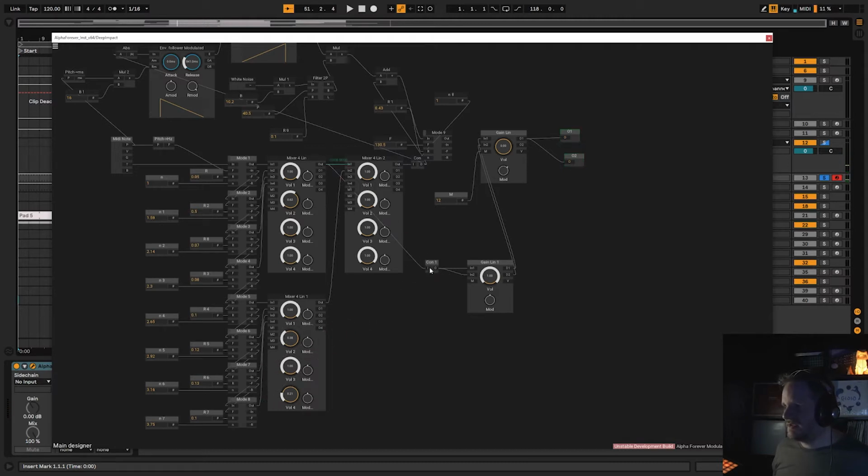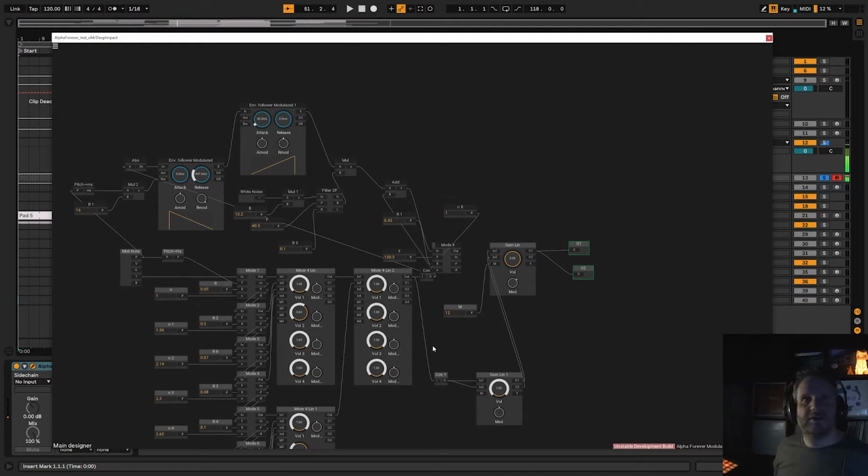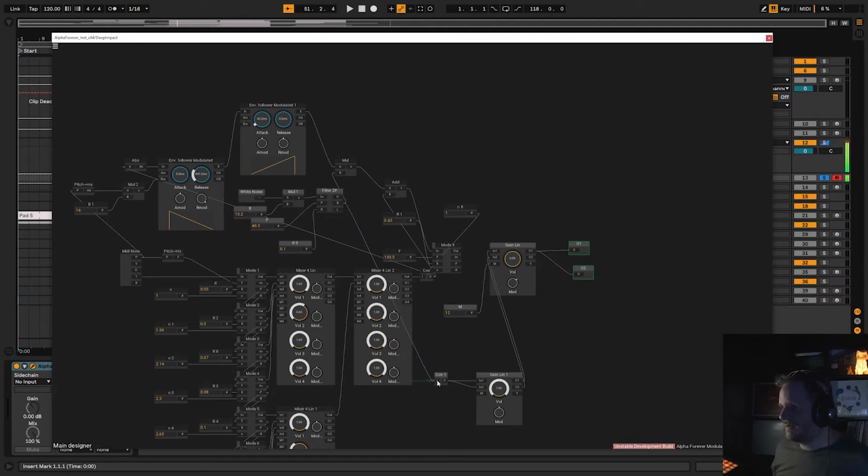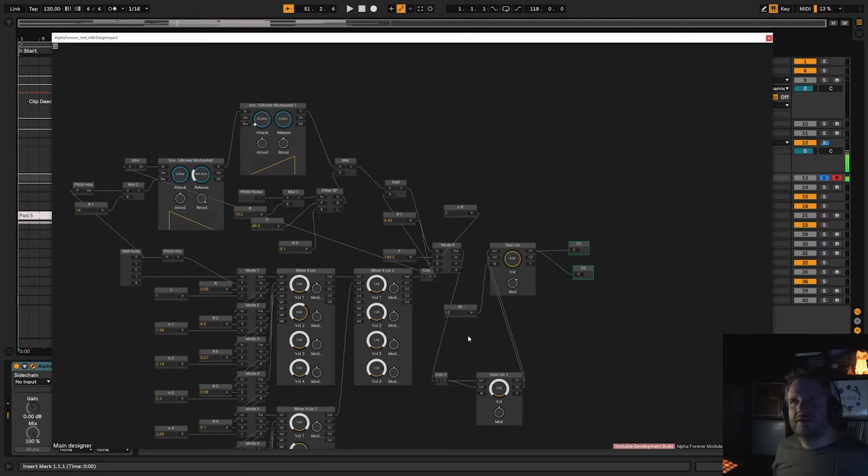These together are like that, these together are like this, and all together, and then we have a white noise based sound next to it. Okay, that was a bad idea, maybe this is a better idea. And this whole thing goes into another resonator, and then we have a nice sound. I think this is a nice sound,